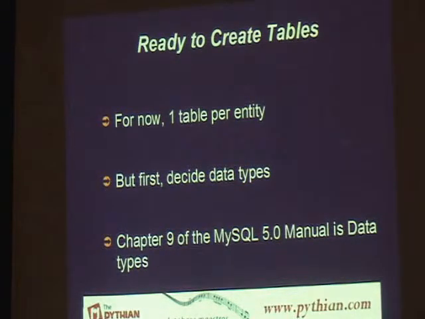And this is just things like, what kind of character do you want? What kind of number do you want? Do you want a big int? Do you want a small int? Do you want a tiny int? Tiny int is 0 to 255 or negative 127 to 128. Things like that. I actually recently ran into a problem because